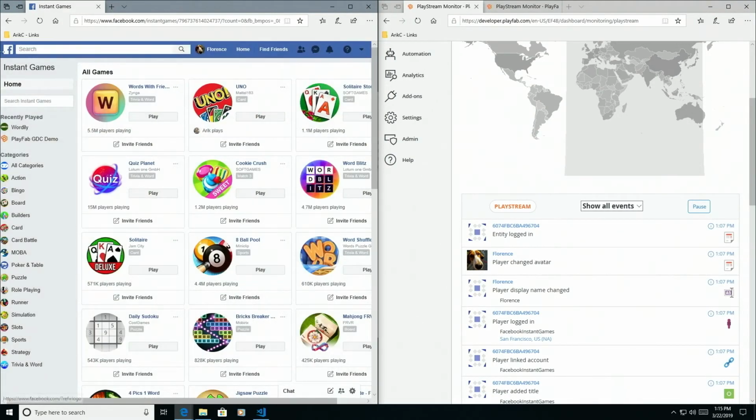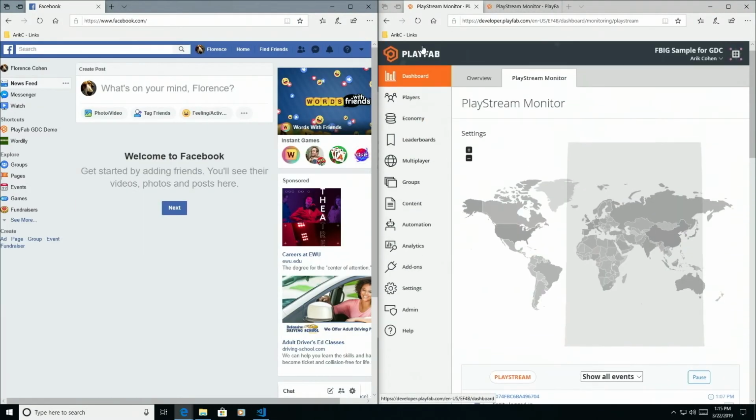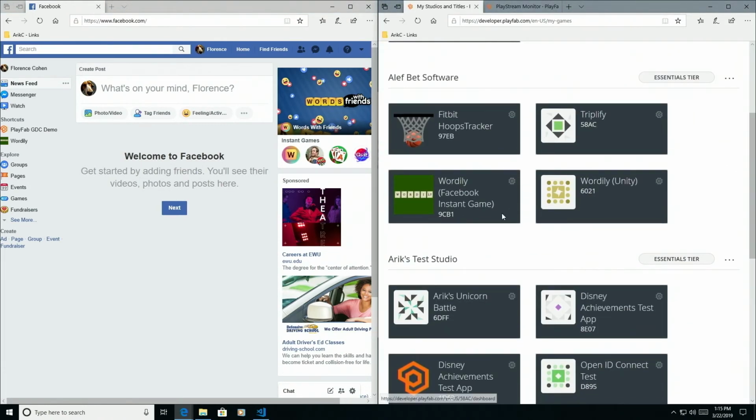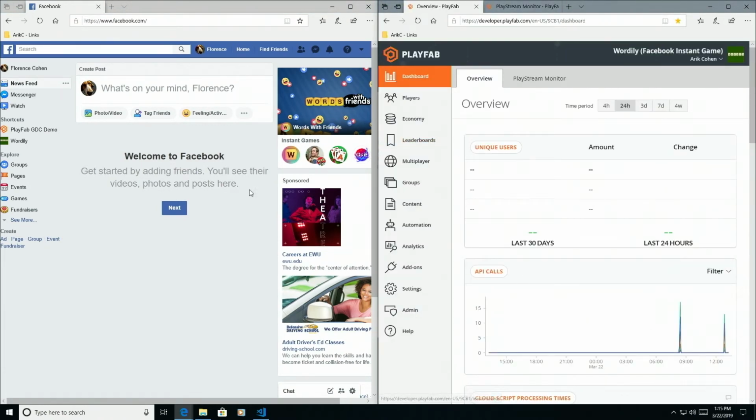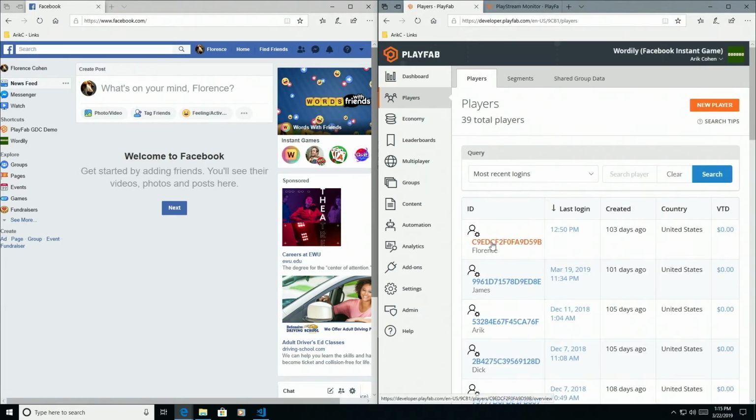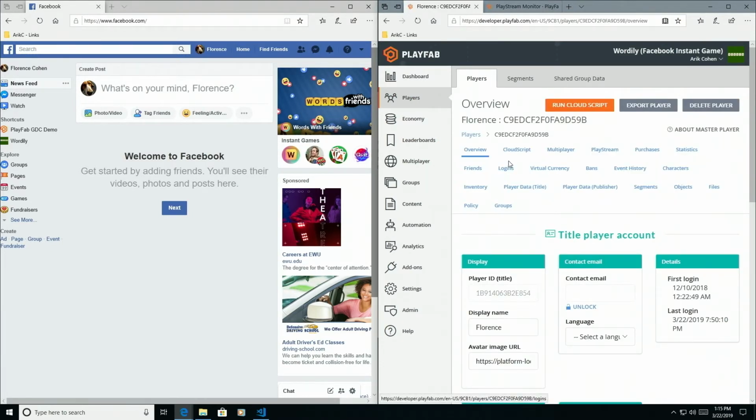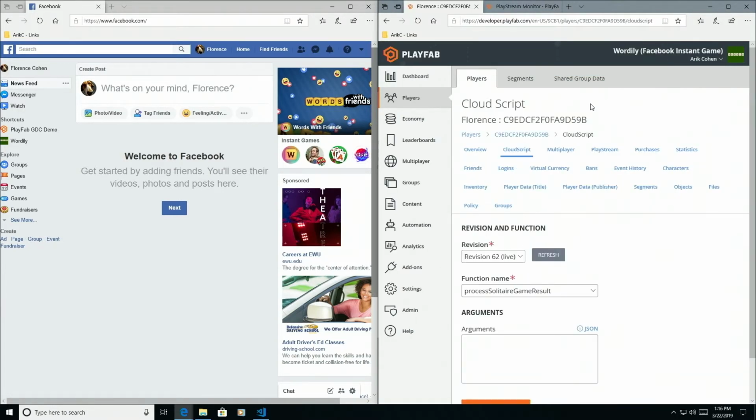So I'm going to go back to that Facebook player, and now I'm going to swap titles here real quick. I'm going to go over to my Wordly title, and I can take a look at the players in the game, and the same one, Florence here. Normally I'm going to do actions in a much more automated way using rules and scheduled tasks, and we'll show that in a moment. But just showing how simple it is, I'm going to run a piece of cloud script. So imagine that your customer support person has received a complaint from this player, and they fixed everything on the back end, and they just want to send a Facebook Instant Games message